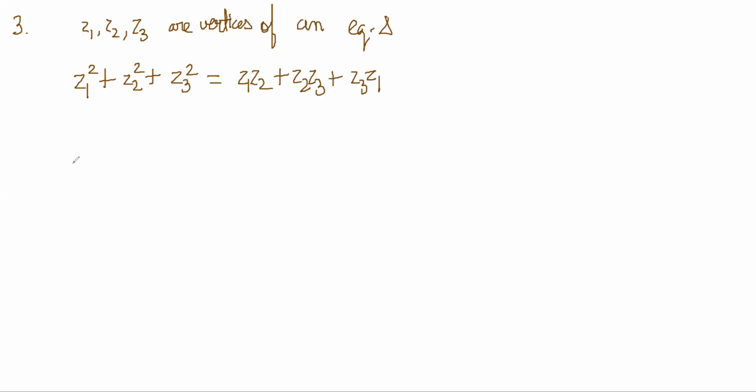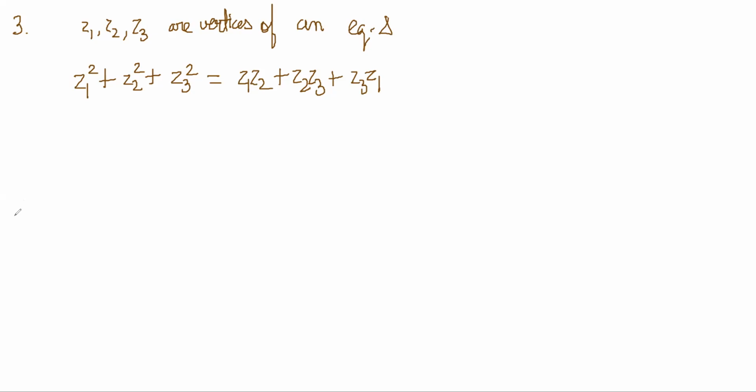Now, how will it come? I think it can be obtained by just trying to factorize it. So this is like we solve the inequality a square plus b square plus c square is greater than or equal to ab plus bc plus ca. It is like that, but these are complex numbers, so it won't work very directly. So let's see how we can get it.